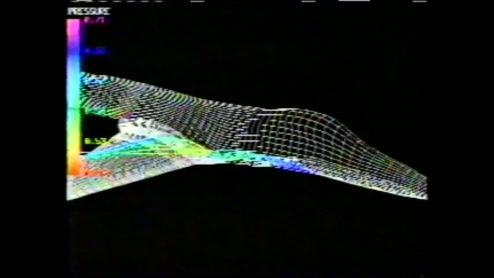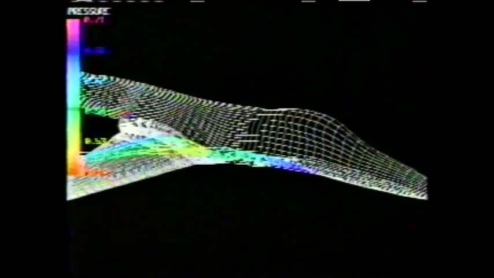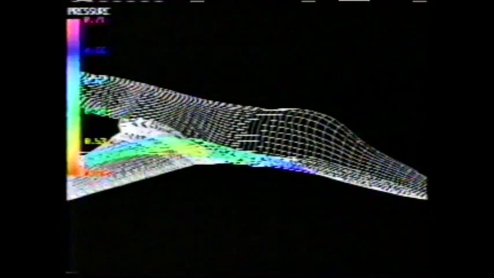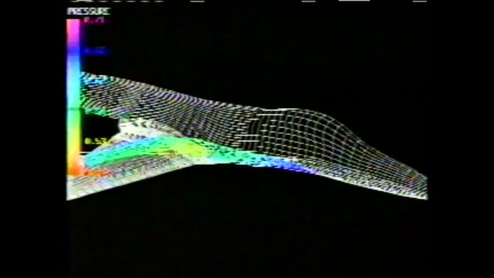This is some flow calculated over an F-16-like aircraft, where the engine inlet has been fared over and the vertical tail has been taken off. These particle traces are being colored using pressure as a scalar function. The map up on the left-hand side shows the range of the pressure, and as we can see, the particle